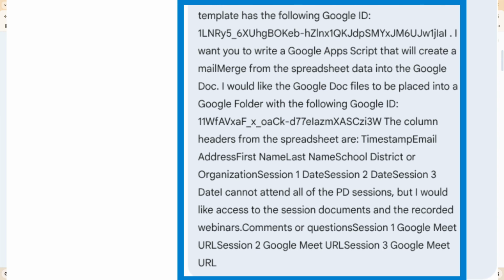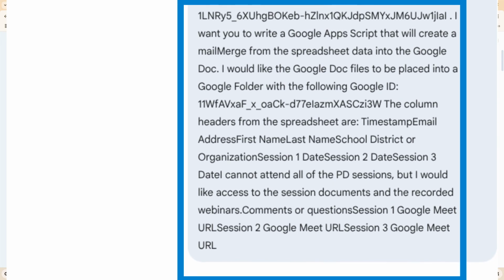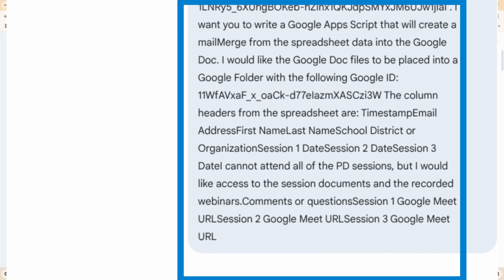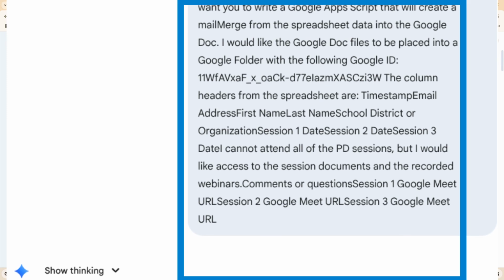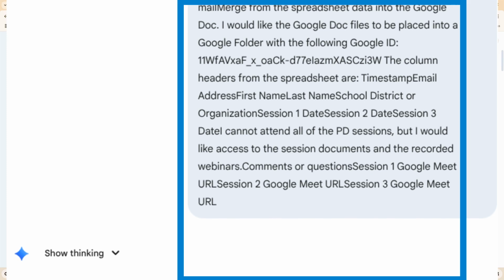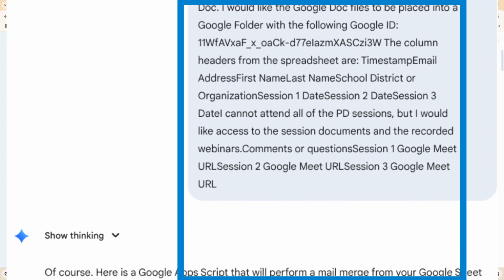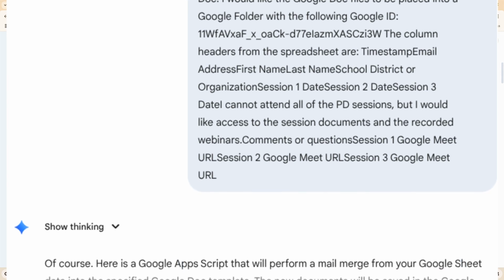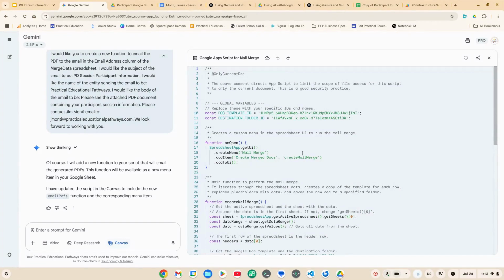I wanted it to write a Google Apps script that will create a mail merge from the spreadsheet data in the Google Doc. And I would like those Google Doc files to be added to a specific Google folder. I even gave it the information about the column headers, and Gemini went through and actually created a script,